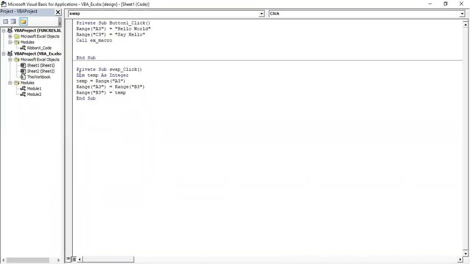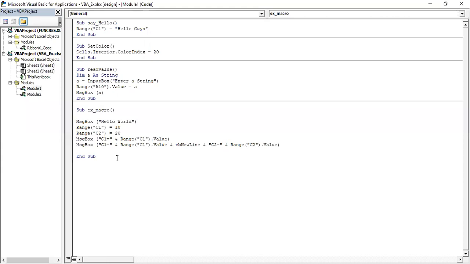So we have written a function in module 1, so with a new line character also.